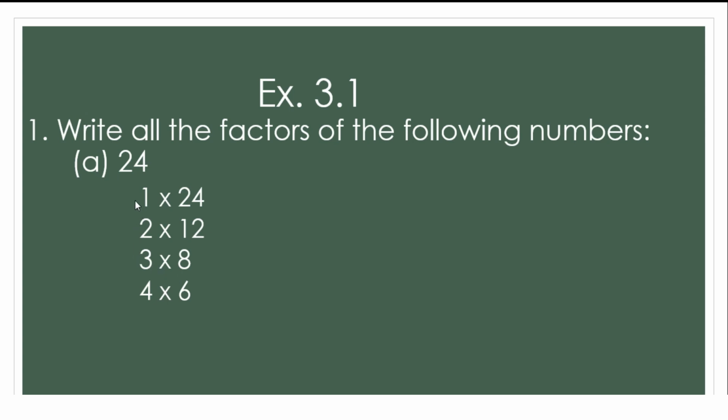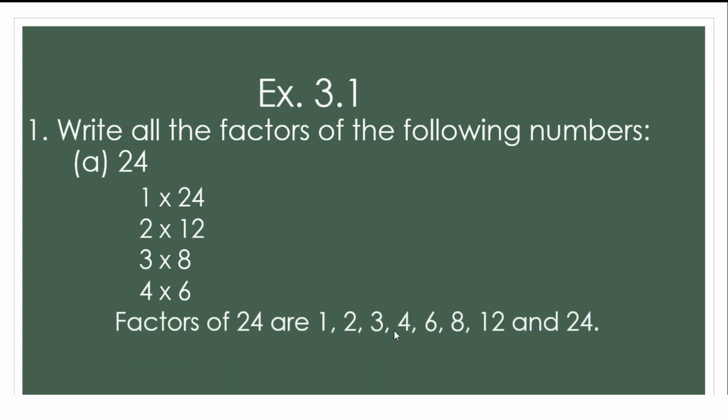See, in the 7 table we won't get it, 9, 10, 11 we won't get it, and from 13 to 23 you won't get the answer as 24. Okay, so in this way you can find the factors very easily. And when you write, you can write in ascending order. That is, factors of 24 are 1, 2, 3, 4, 6, 8, 12 and 24.